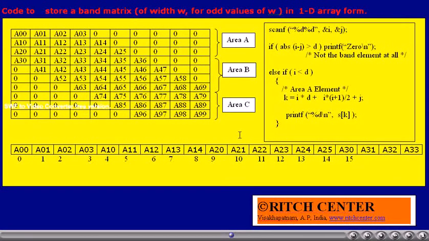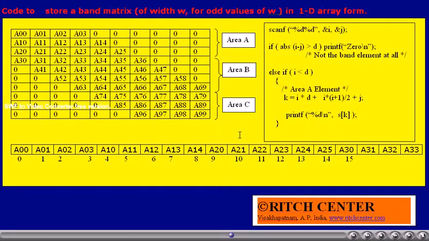And in the current row, we have the jth element we wanted, the ith row, jth column element. Thus the element index of this ith row, jth column element becomes the sum of the elements of the previous i rows, that is d plus 1 plus d plus 2 and so on up to d plus i, plus j you have to add. That becomes the element which we are looking for.